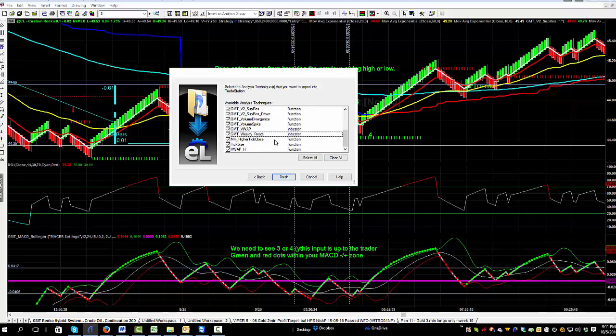We've got the higher time frame close, we've got the tick, and then we've got the VWAP. So we've got some really good little additions to both our indicator library and our system library. This is just the start of what we've got coming. We have a lot of strategies we're going to be releasing over the next week or two, so it's going to be a very busy month for us, October, and I'm looking forward to getting all of this information